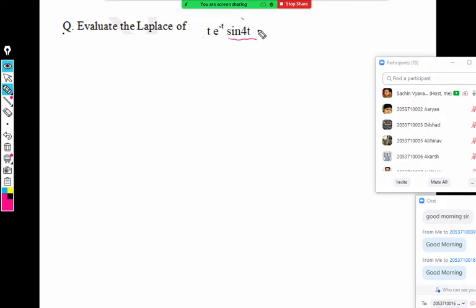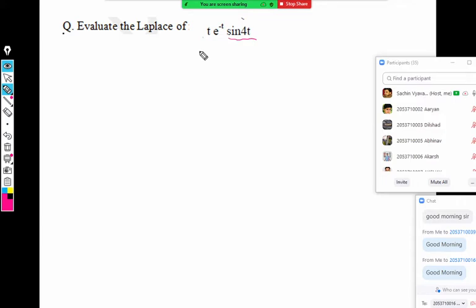After that, we have to multiply by e raised to minus t. Then we have to multiply by t. So which properties should we use? One property we know is the shifting property. In the shifting property, we multiply by an exponential function. And here t is there, so obviously it is the multiplication by t property. This example is a combination of the two properties one by one. You can apply first shifting and then multiplication by t, or multiplication by t and then shifting. Both are the correct way.